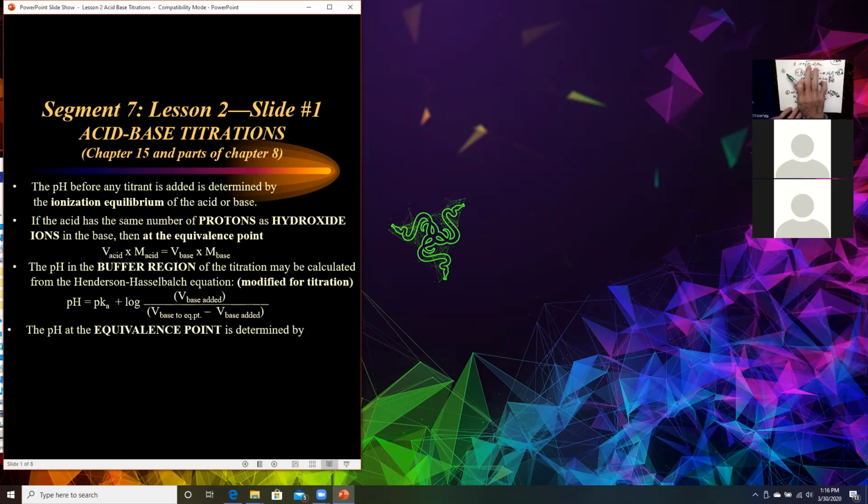It'll look just like this one, except what we're going to get is, in this case, our OH minus concentration is going to be equal to our X, and that's going to be equal to plus the